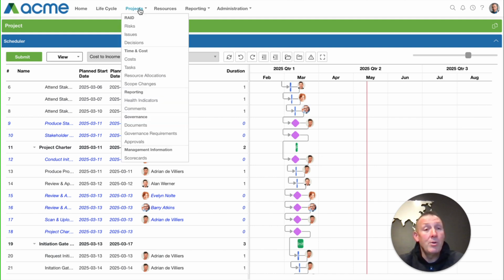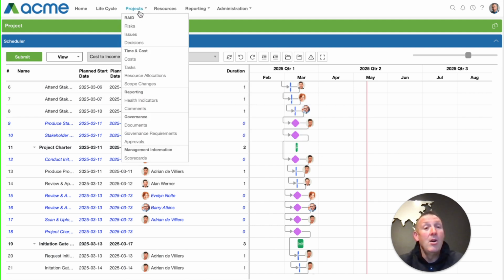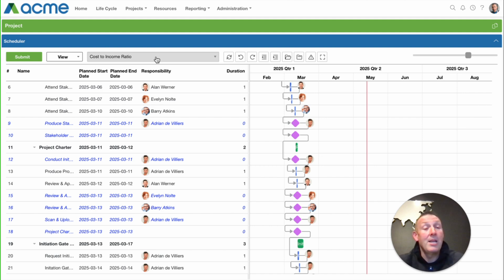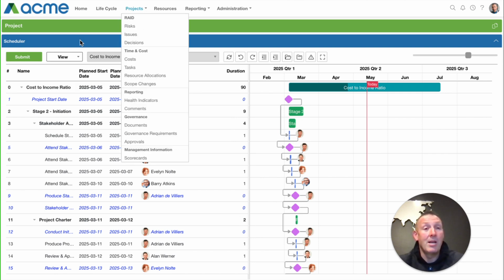So you have a choice as an organization whether to do it down on a project task level from a schedule or from the task section, or to do it on a fairly high level from the resource allocation section. A lot of that decision will depend on the maturity of your organization and the quality of scheduling and the quality of schedules that you have. You can also have a hybrid where certain projects are fed from the schedule or the task section and other projects are read from the resource allocation.